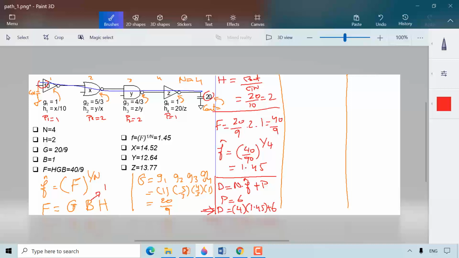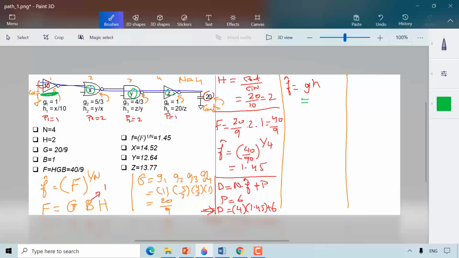Okay, so we find the sizes by applying this f hat on the gate, equal to h g times h times b, and we know b equals 1. Let's start with this gate here, because I want to find these sizes x, y, and z. So we'll use this gate here. This gate abides by this electrical effort. So f hat equals